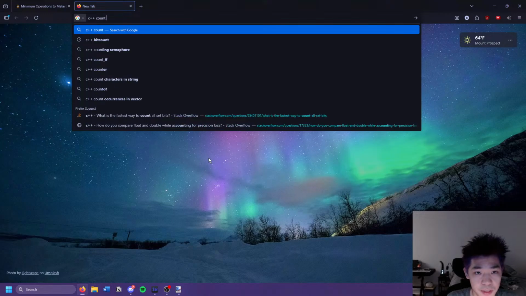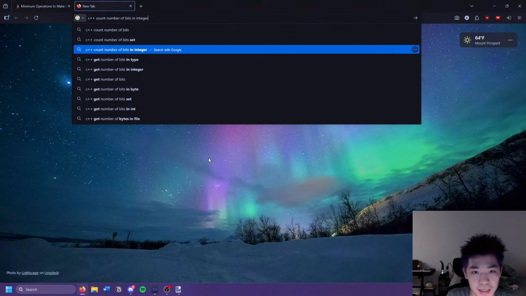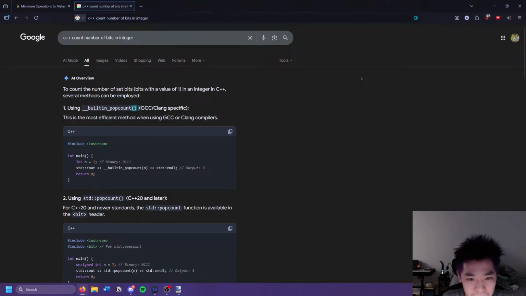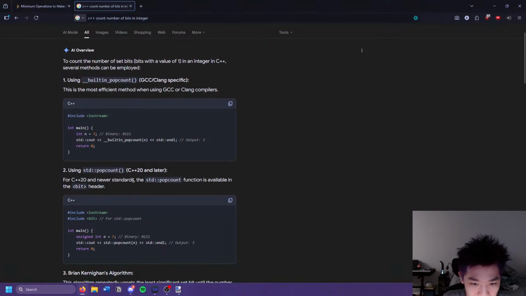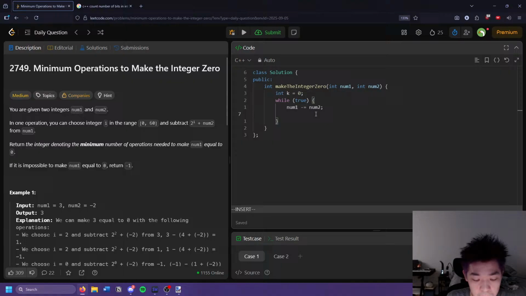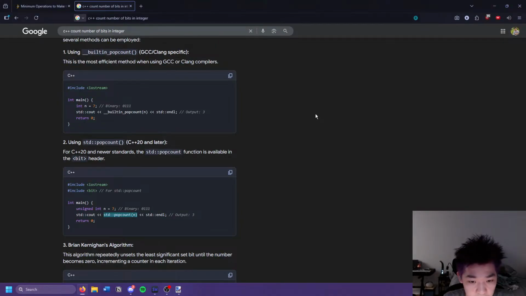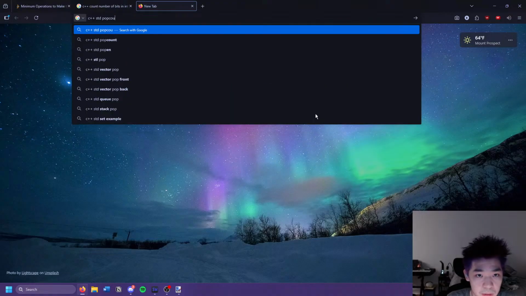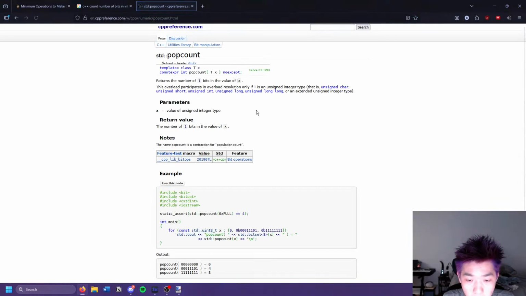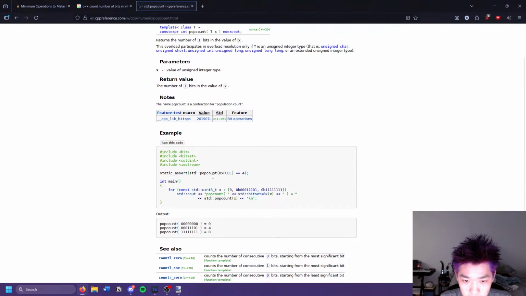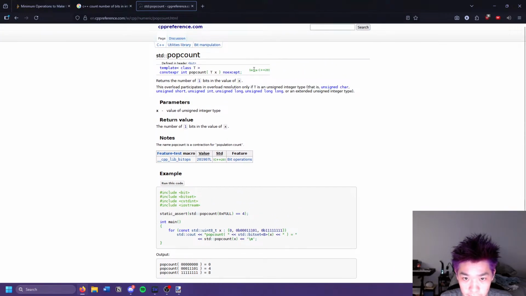C++ count number of bits in integer. Built-in pop count. std::popcount, that's a thing? Let's give this a try. Surely std::popcount exists. And that is a C++ std::popcount. So this counts the number of 1 bits, supposedly. And this returns a